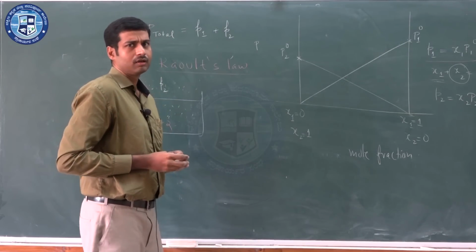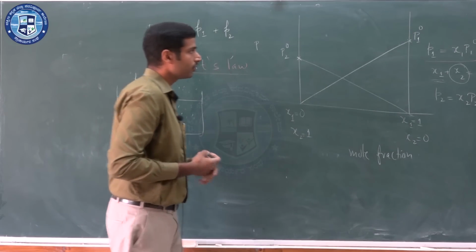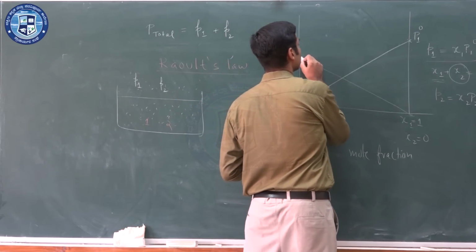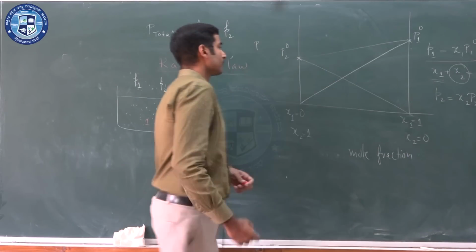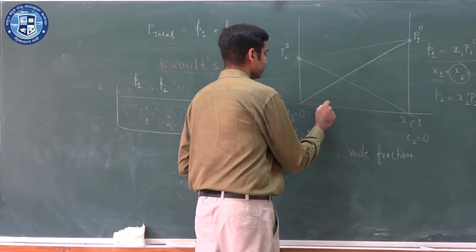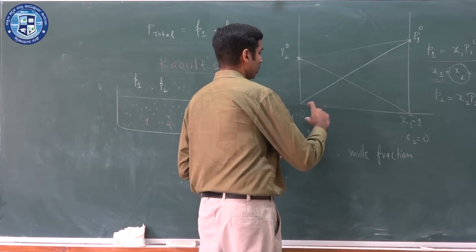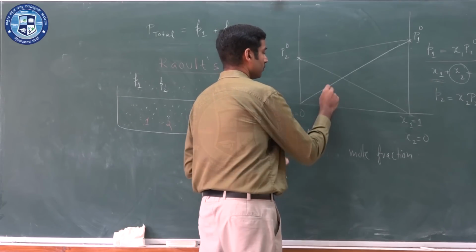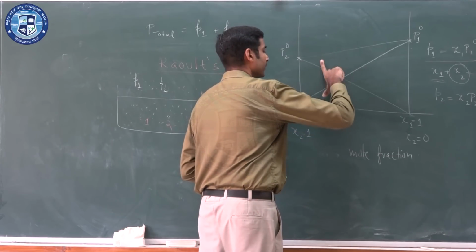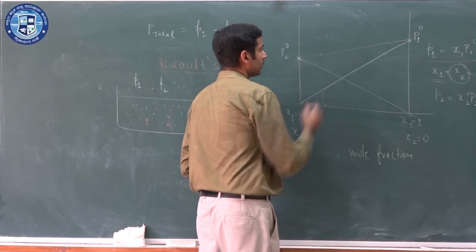Now, if Dalton's law is applied, you should get P total is equal to P1 plus P2. How will the line look on this particular curve? You will have a straight line joining these 2 points. Imagine any particular composition. Suppose the composition is x1 is 0.25, x2 is 0.75. How much is P1? This distance. How much is P2? The distance over here. So, I have to add the 2, and I will be able to get the total at this point. I have to do this for all the compositions, and I should get a straight line.